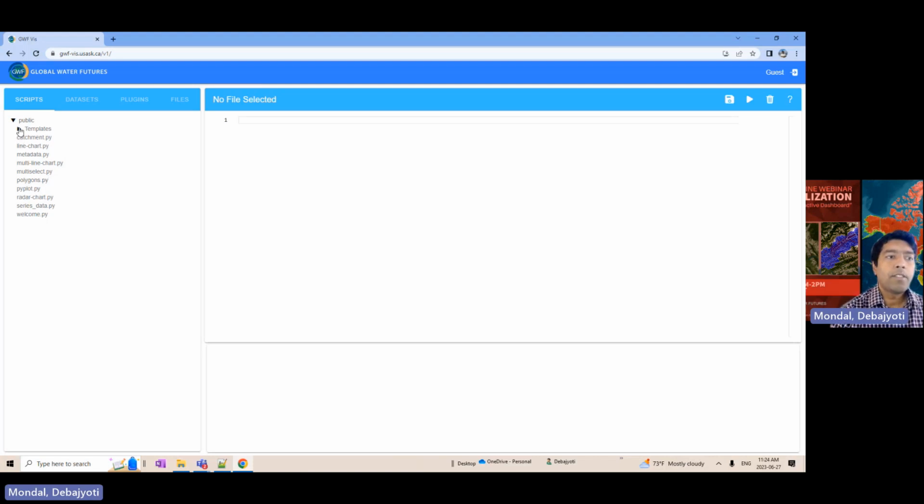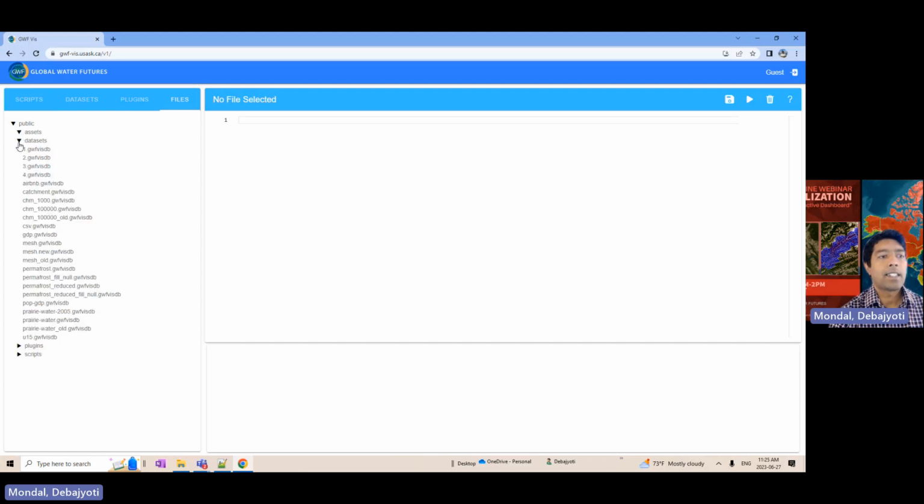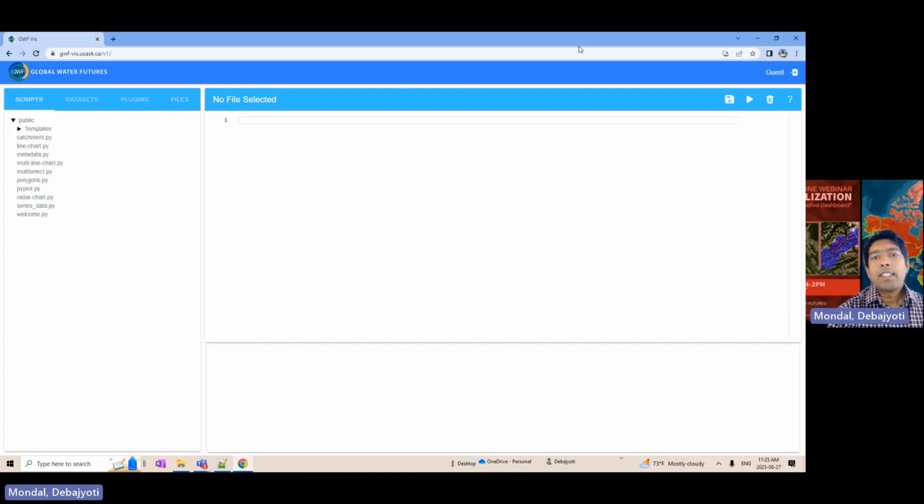Before we go into the code, let's explore different parts of the system. This is the script part. Here you can see there are some data sets that you can explore. Plugins are mostly for developers, and we'll not be talking about this for now. Files gives you all sorts of files that are accessible using the public domain. Another thing, you can see there is a guest icon on the top right. That means you can click there and try to log in, but usually you need an account for that. So we'll not be going there to